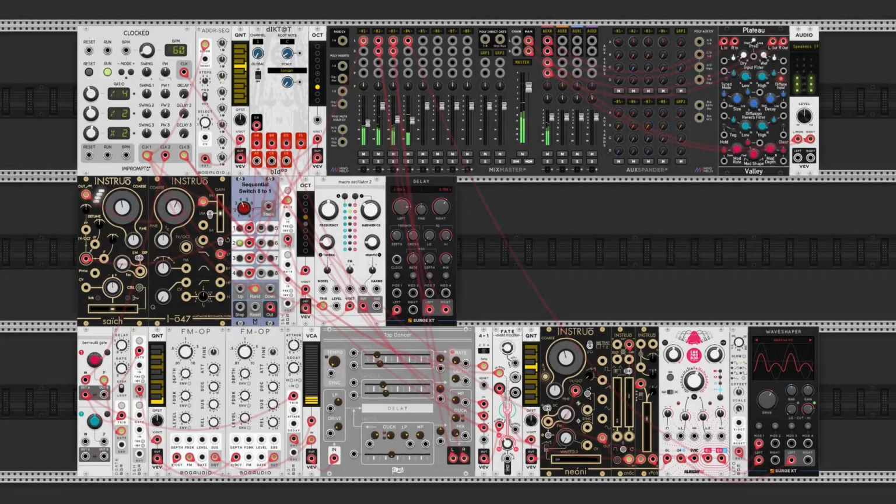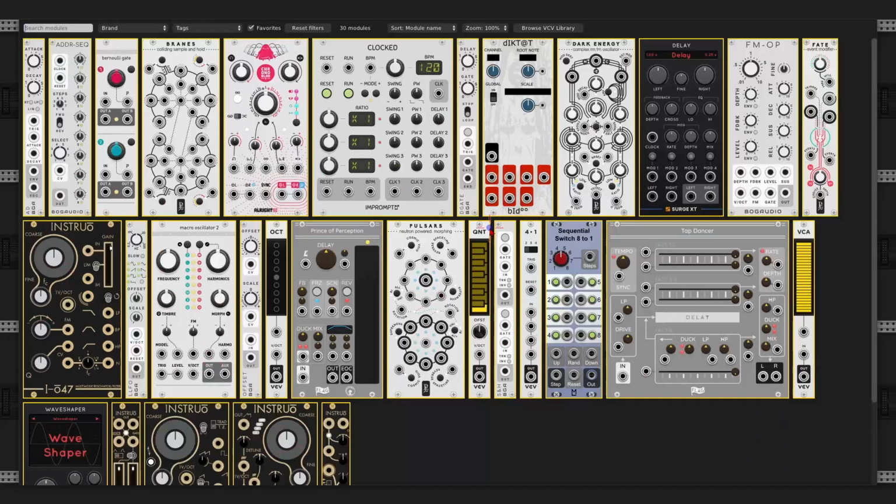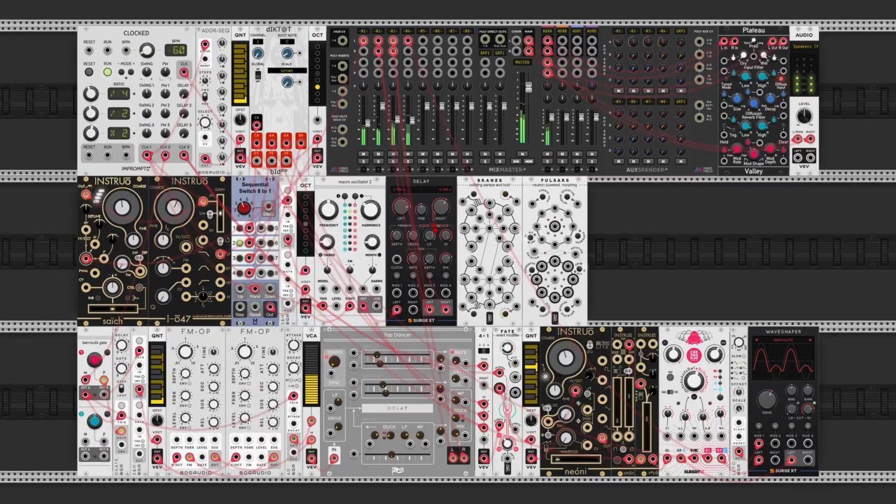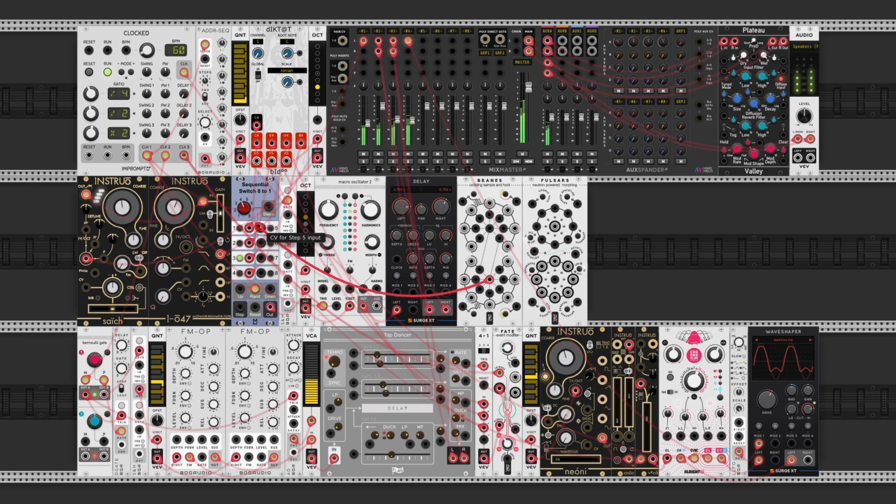For the final voice, I want to start with a randomized evolving note sequence. The sequence will be constructed using two modules from the Geodesics collection, Branes and Pulsars. Branes is a sample and hold module with a high brane and a low brane. We'll be using the bottom low one. Trigger it using the divided by 2 clock,